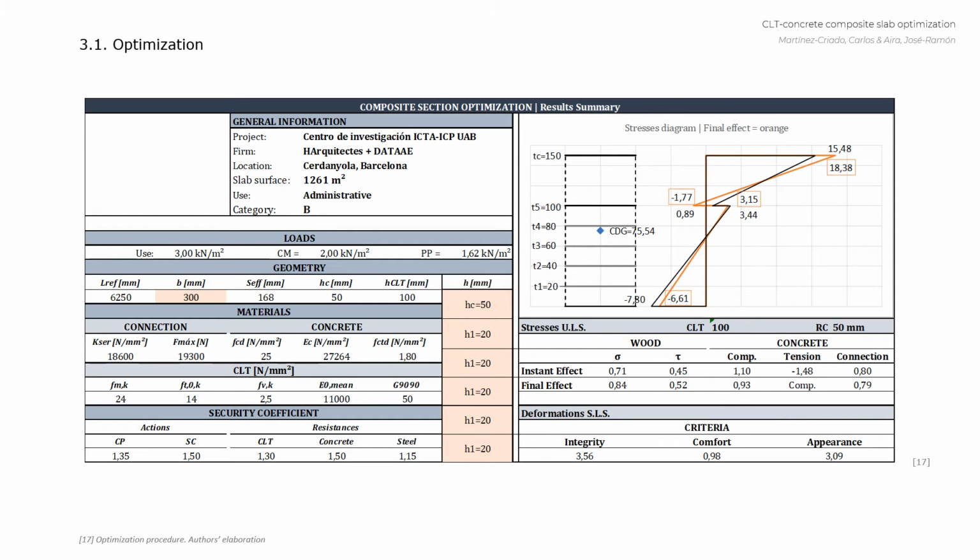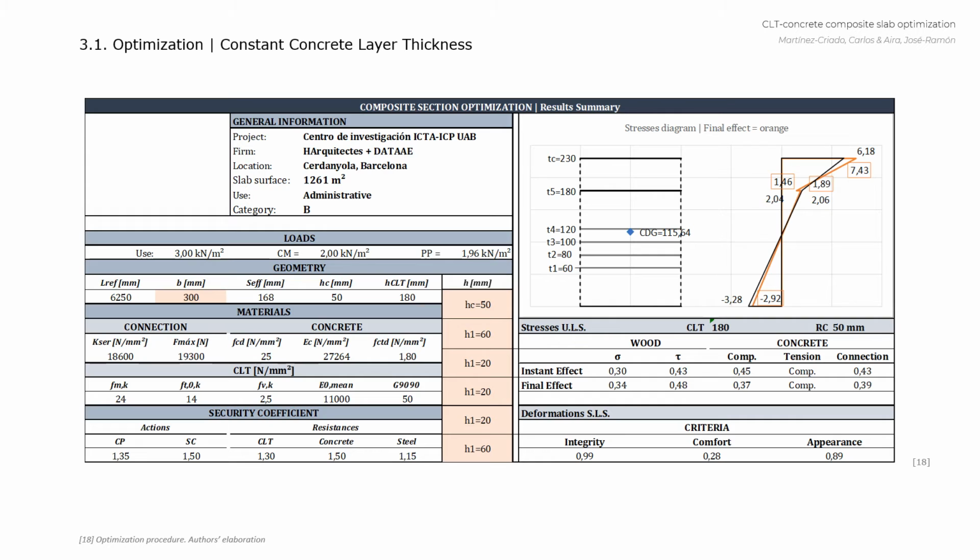The optimization process aims to achieve the highest and most uniform possible utilization rates of cross-section and will be carried out in two directions. For this example, we will directly check for a serviceable limit state, as it is the most restrictive hypothesis. The first option is to fix the concrete layer at a minimum of 50 millimeters and vary the CLT thickness. In this case, by opting for a 180 CLT section with external layers of 60 millimeters, we